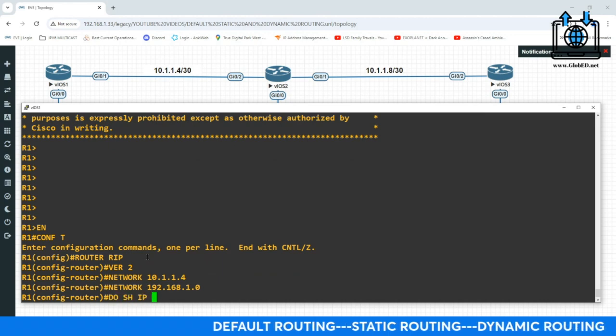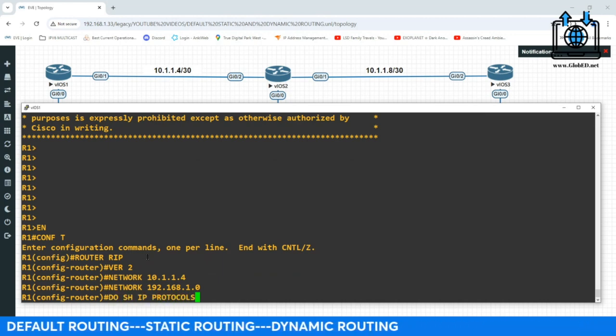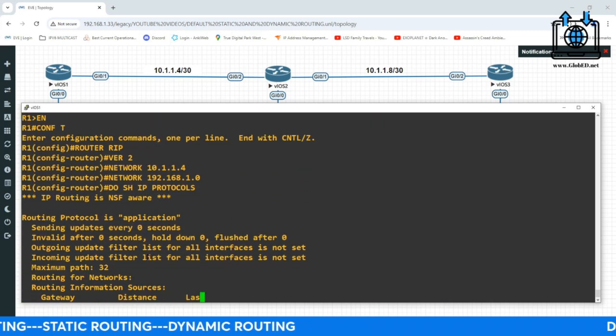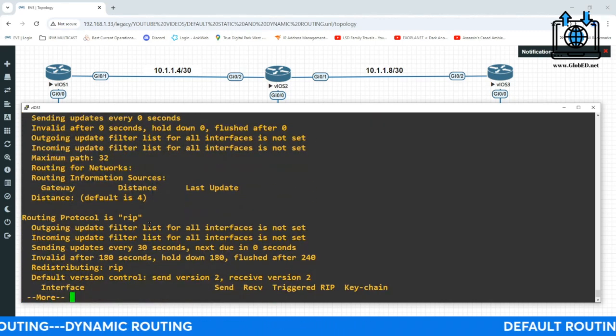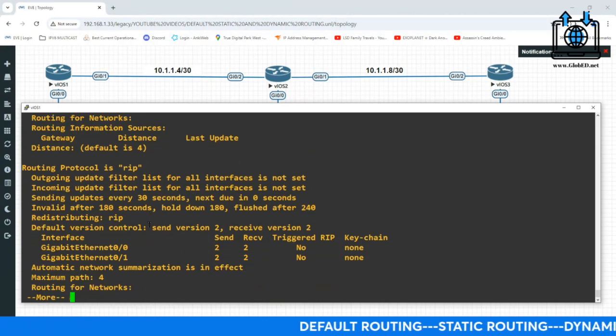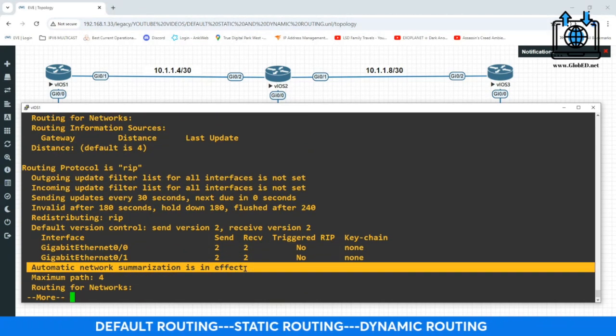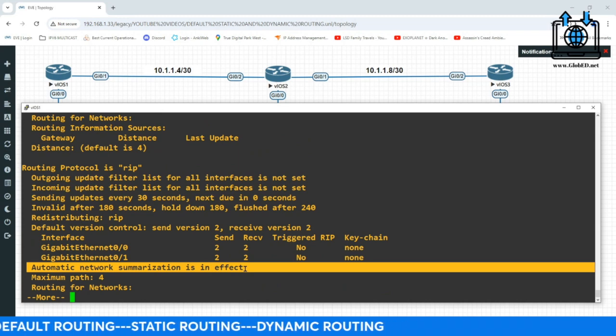Do show IP protocols. All right, so you can see RIP is running on here already, but look what it says. Automatic network summarization is in effect. When we type no auto-summary, that disables that.